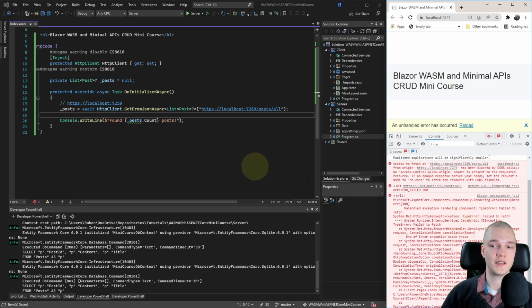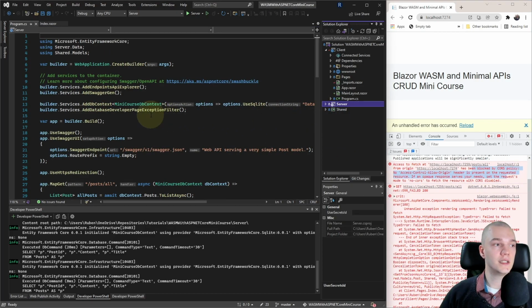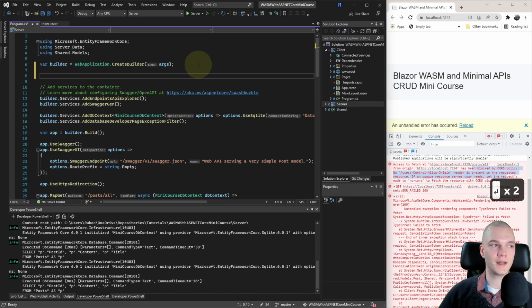CORS stands for Cross Origin Resource Sharing, and it basically restricts resource sharing. Resources are things like these post objects between computers over the internet. And we need to jump back into the server project to change our CORS policy. I'll open server, program.cs. Security is not the focus of this mini course, so I'll just add a very lenient CORS policy. So below the var builder line, I'll add